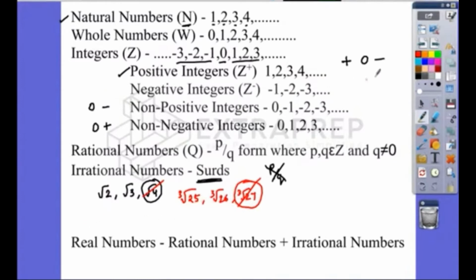Okay, so if a number cannot come out of the roots, then it's said to be an irrational number. Clear? So we can write that as nth root of x, where x is not equal to k power n. So it's not the nth power of any number, then it cannot come out of the roots. So fourth root of 15 is an irrational number. Fourth root of 16 is not an irrational number because it can come out of the roots. Then real numbers are the set of rational numbers and irrational numbers taken together.